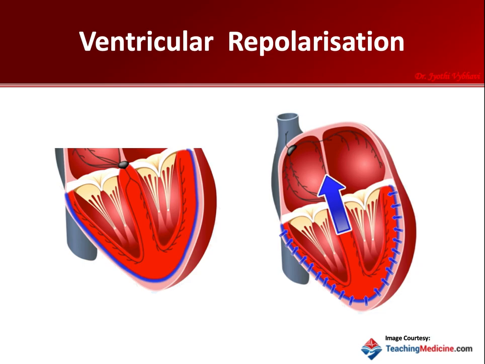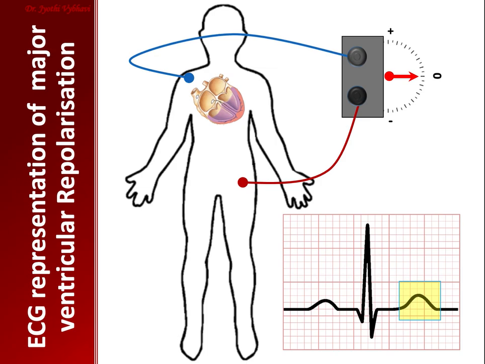If you combine all this, you represent this. It is a negative wave going towards a negative electrode. What do you get? A repolarization wave traveling towards a negative electrode gives a positive wave. So you have to remember the repolarization vector. Repolarization is happening, this red color, and it is going upward and rightward, and it is represented with the vector. And the ECG machine shows a positive deflection called the T wave.